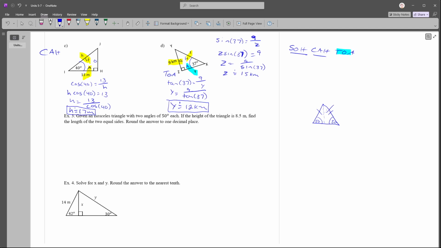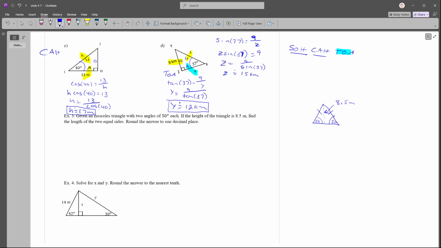If the height of the triangle is 8.5 meters, find the length of the two equal sides. So what am I actually looking for here? I'm just looking for the length of these edges down here. Is this a right angle triangle? No, it's not. However,